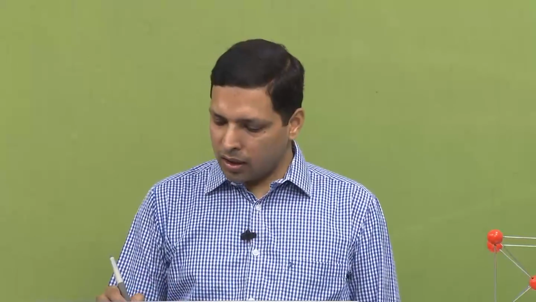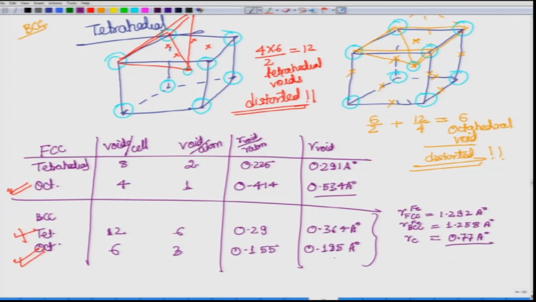Now, let us look at the second aspect. We are saying that here the radius of the octahedral void is 0.195, which is approximately 1/4 of the actual radius of the carbon atom, and still the carbon atom is sitting over here instead of the much larger site, which is 0.364. What is the reason for this? We looked at the fact that the tetrahedral void and octahedral void are distorted. How are they distorted? Because we saw that all the lengths are not equal.